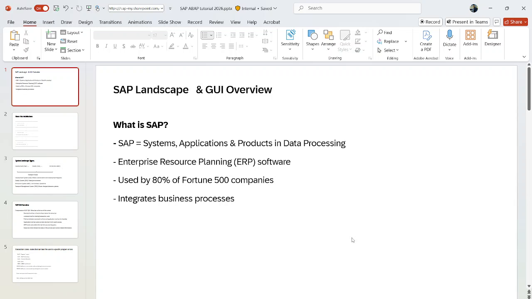So what is SAP? SAP stands for Systems, Applications and Products in Data Processing. Basically, it is an ERP software. What do you mean by ERP? ERP means Enterprise Resource Planning. Most of the companies, Fortune 500 companies, use SAP for their business process. And if we go to our next topic,